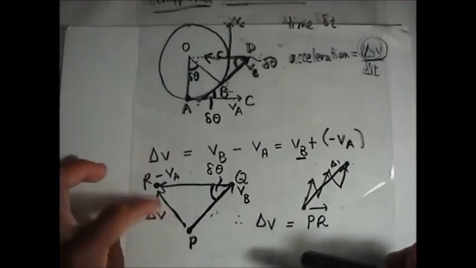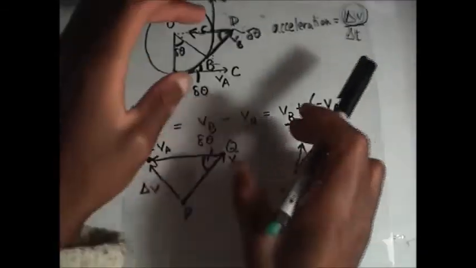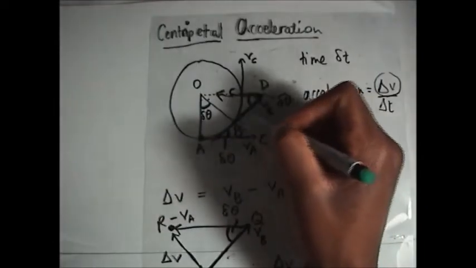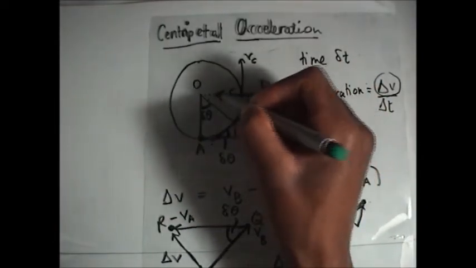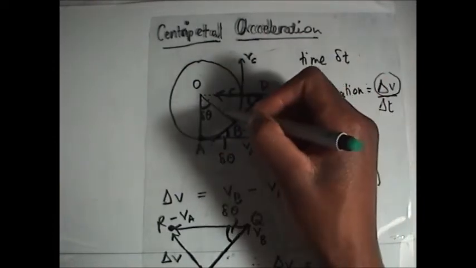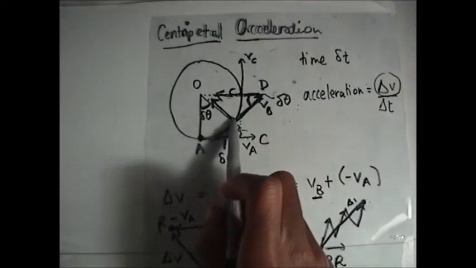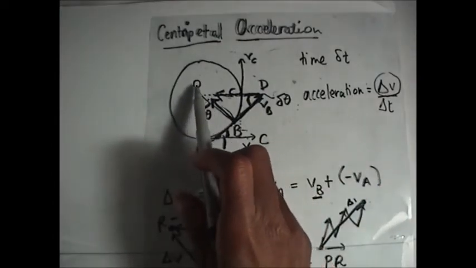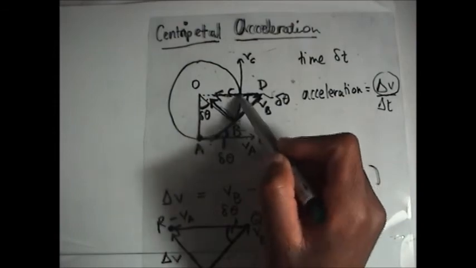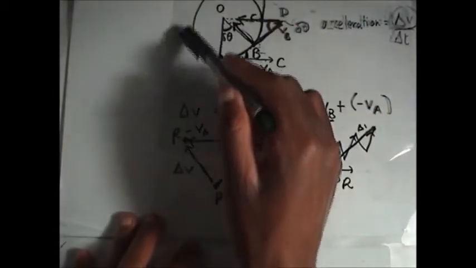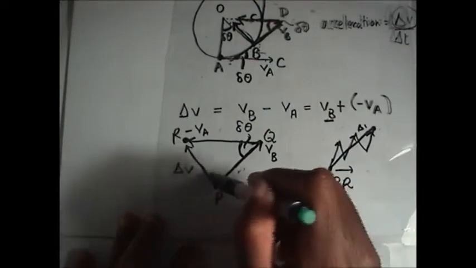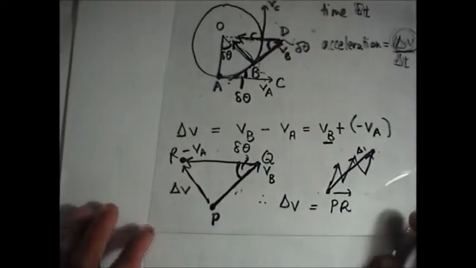Can you see that PR, if you take this shape and put it on top there, it will be VB and our VA will be facing like this. And our PR, if this one was drawn to scale, will be something like this. It will be a vector on this side like this, and it's facing the center. Even when B was here, PR will always face the center. I think you can draw different positions of B and try to get the PR vector. When you get the PR vector, it's always facing the center. It's always facing the center, and therefore,